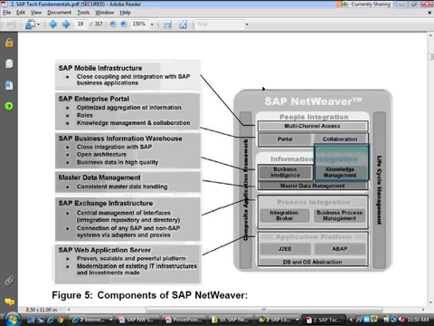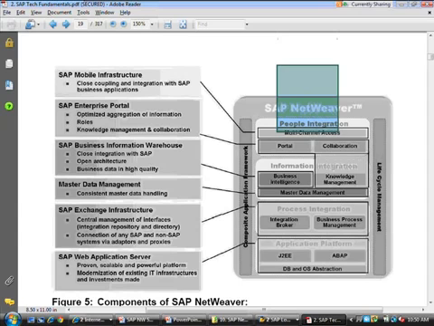And then people integration, that means how do people connect to it? It provides you with multiple capabilities there as well. It provides you with the portal capability, connecting through a portal. It provides you with a collaboration capability within the enterprise portal, and provides you with multi-channel access. That means connecting through mobile devices, connecting through RF devices.